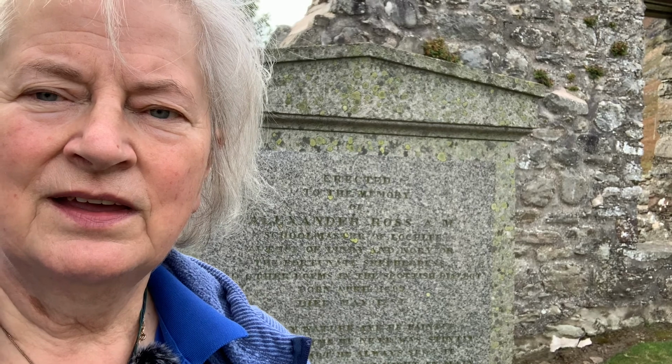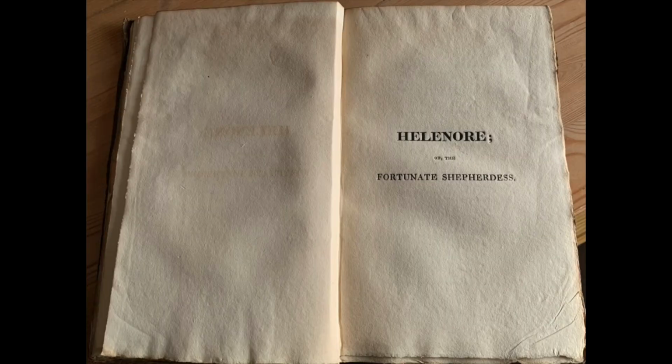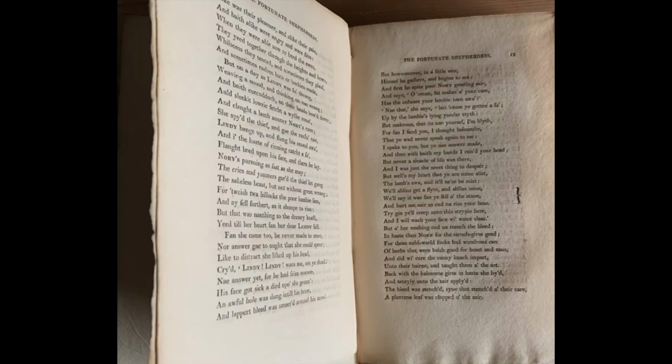He is arguably Loch Lee's most famous son. You may never have heard of him, but Rabbie Burns certainly had, and he influenced the bard Rabbie Burns with his writing. His best-known work is an epic poem, 4,000 lines, written in the Doric, the local vernacular. As was popular in the 1700s, it's about a shepherdess, a wee lass who grew up in this glen. I must say it's not the easiest of epic poems to read, but it was lauded in his lifetime,